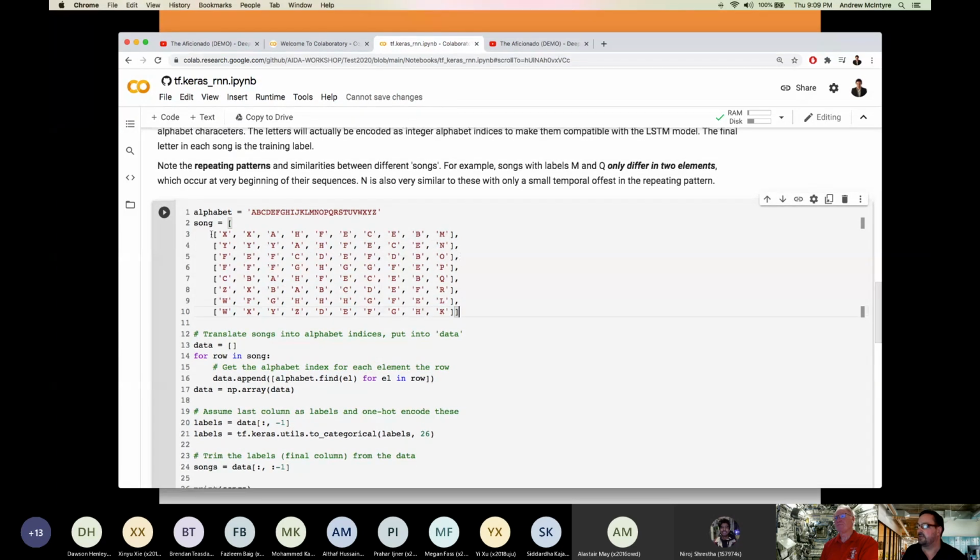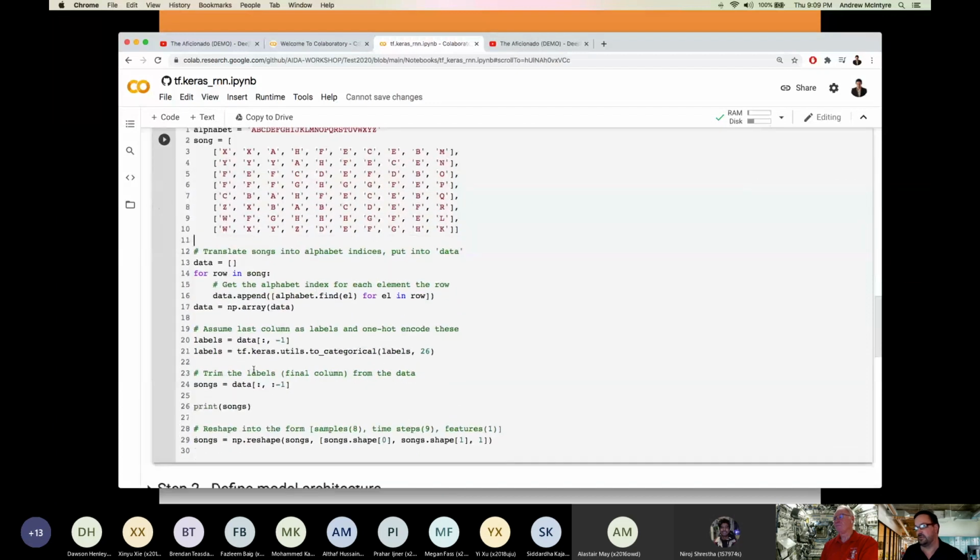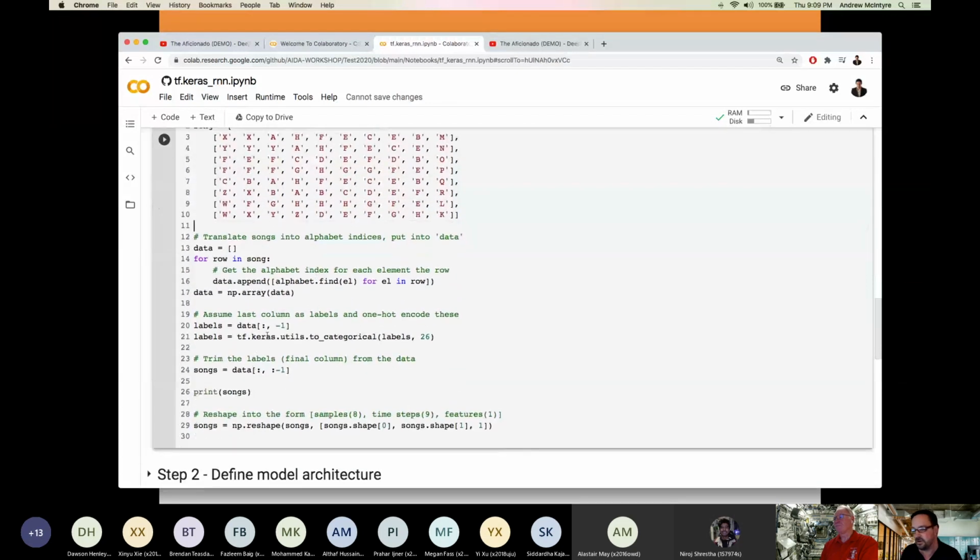A human eye looking at this probably wouldn't right away be able to pick out the similarities and differences between these various songs. And if someone were to play them for you a couple of times, you'd probably be scratching your head saying, I don't know what you think I'm supposed to make heads or tails of, which one's which.